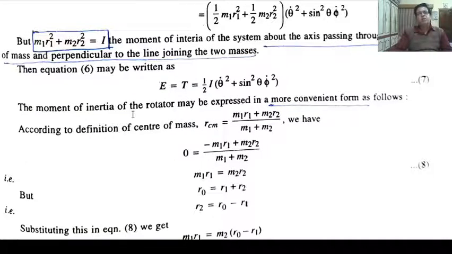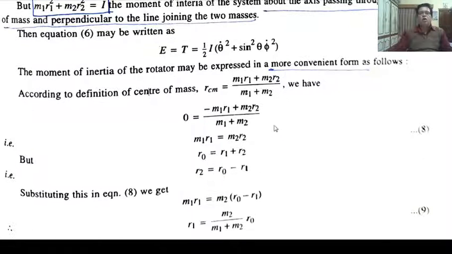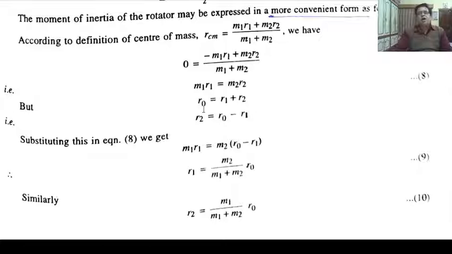Now the equation becomes E equal to T equal to 1 upon 2 I (theta dot square plus sin square theta phi dot square). The moment of inertia of the rotator may be expressed in a more convenient form. We know that the center of mass is given by R_CM equal to (m1 r1 plus m2 r2) upon (m1 plus m2). Now if R_CM equal to 0, then this is 0, and the condition becomes